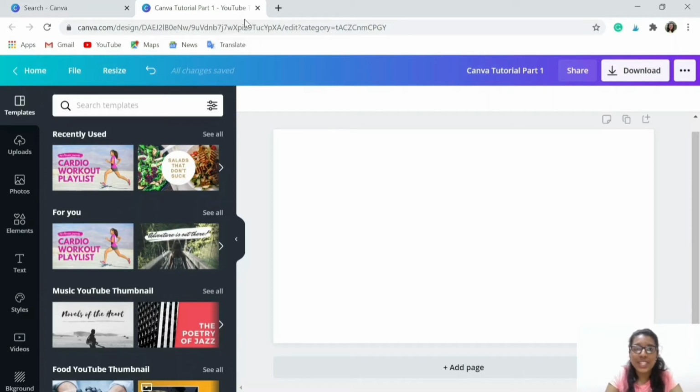But when you close the design tab, just have a look whether this indication is coming that all changes have been saved. Once you see this indication, then you can go ahead and close it. Now let's come to all these icons which are present at the left tab. So these are the various features that will help you in customizing your design. So the very first one is the templates tab.